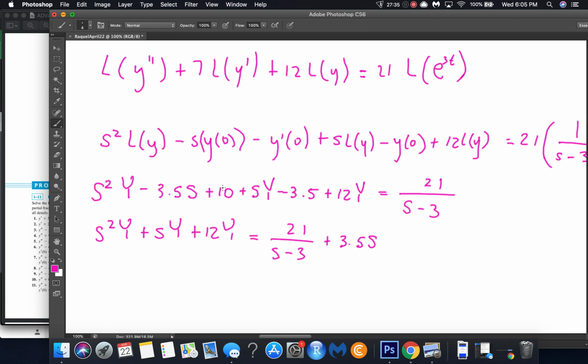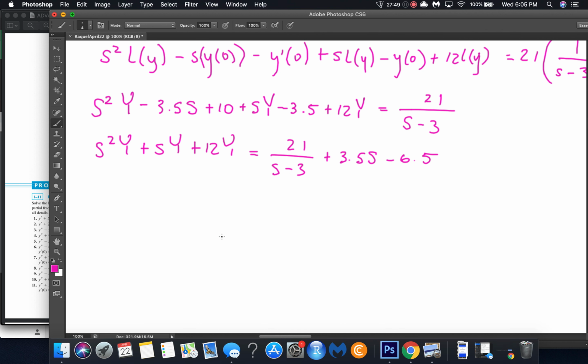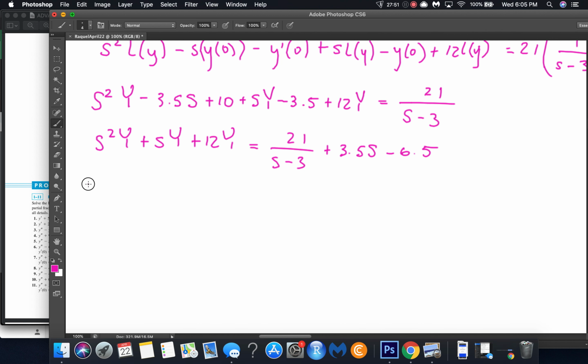And then 10 minus 3.5 is 6.5. It's positive on the left side, so it's going to be negative 6.5 on the right side. Now we can factor the Y. So it's going to be s squared plus s plus 12 equals 21 over s minus 3 plus 3.5s